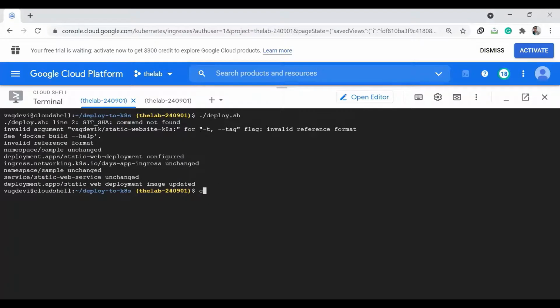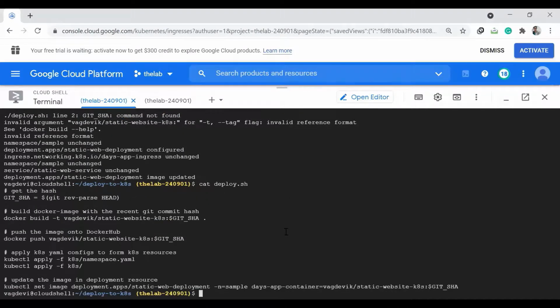Okay, so here we have given some spaces before and after the equal to. So when setting an environment variable in a shell file or anywhere else, we should not give any spaces before and after the equal to.